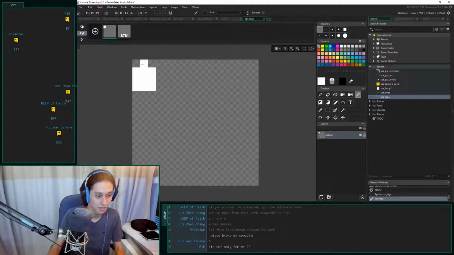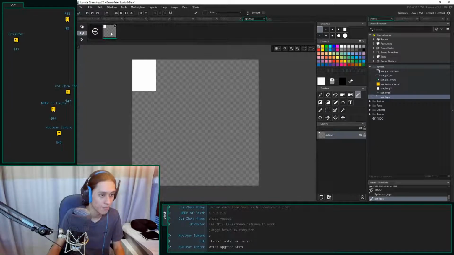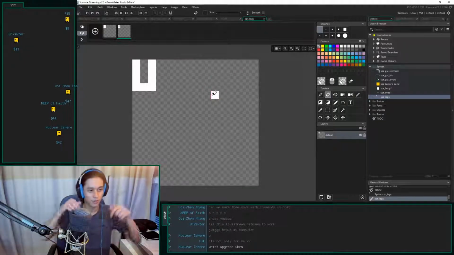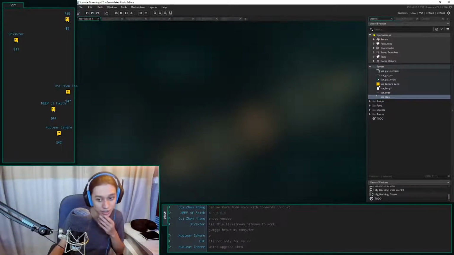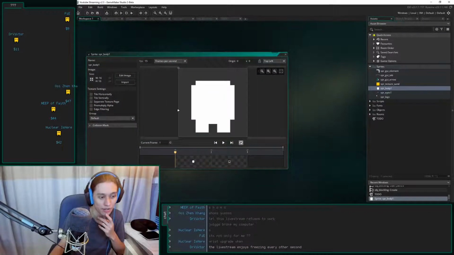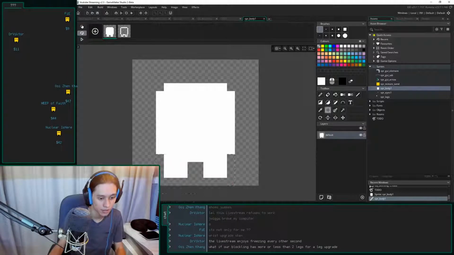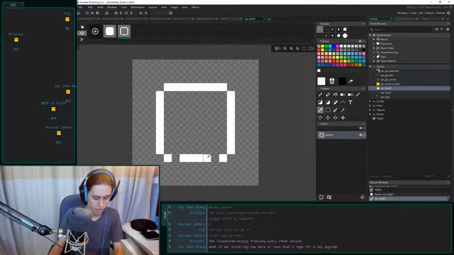Okay, let's do this. And then we have our outline, because both the legs are going to be exactly the same. And then let's erase you. There we go, here's your leg. Then we'll put the legs coming up and down. Actually, this might be a fun time to work with animation sequences. We've got eyes, we've got the body. Oh, we need to get rid of the legs on the body.